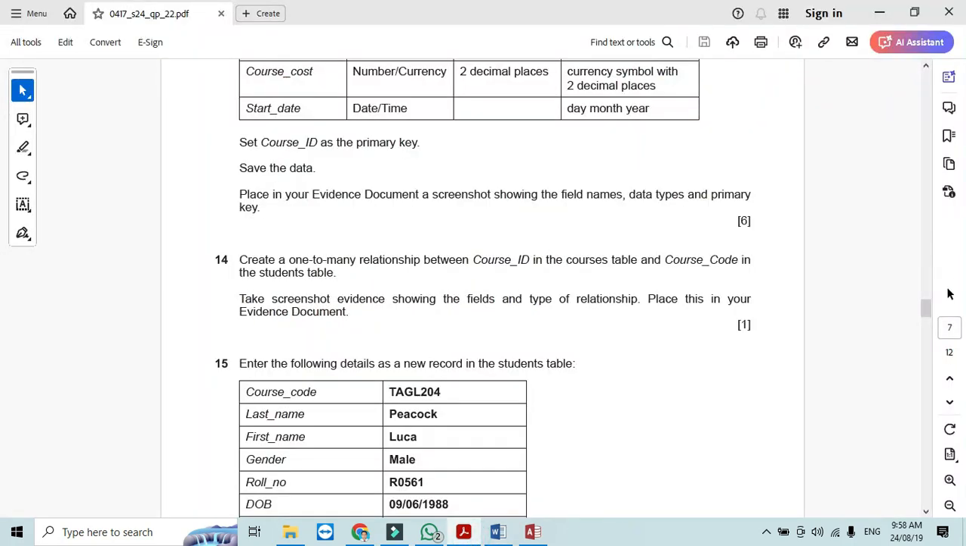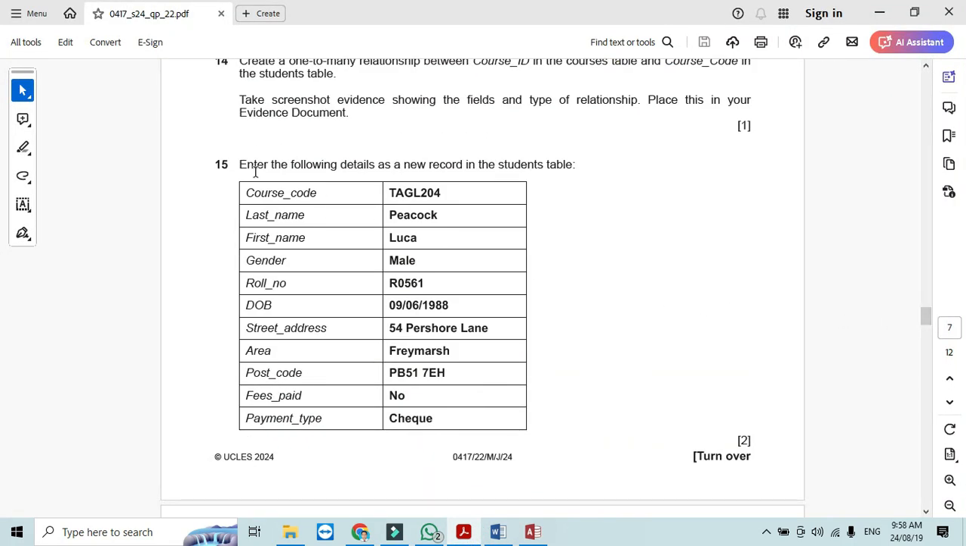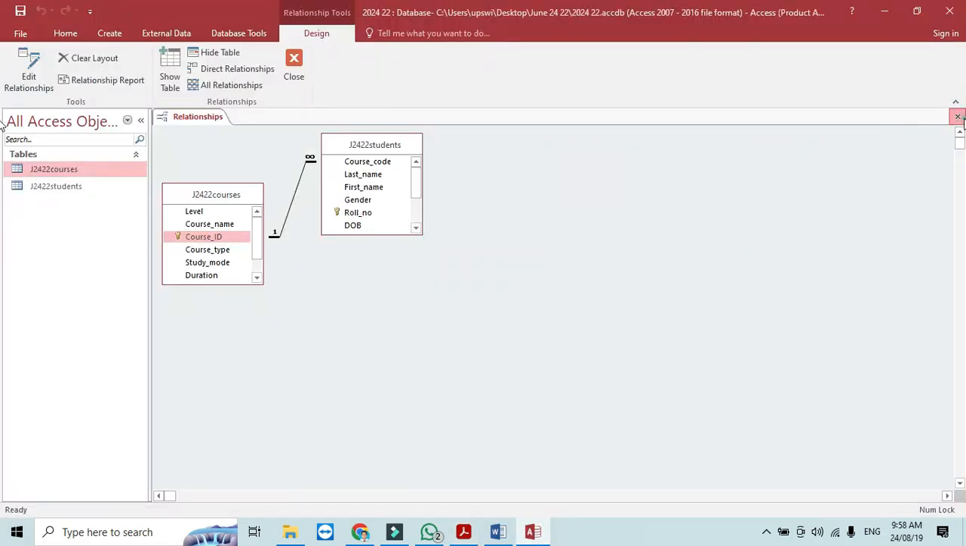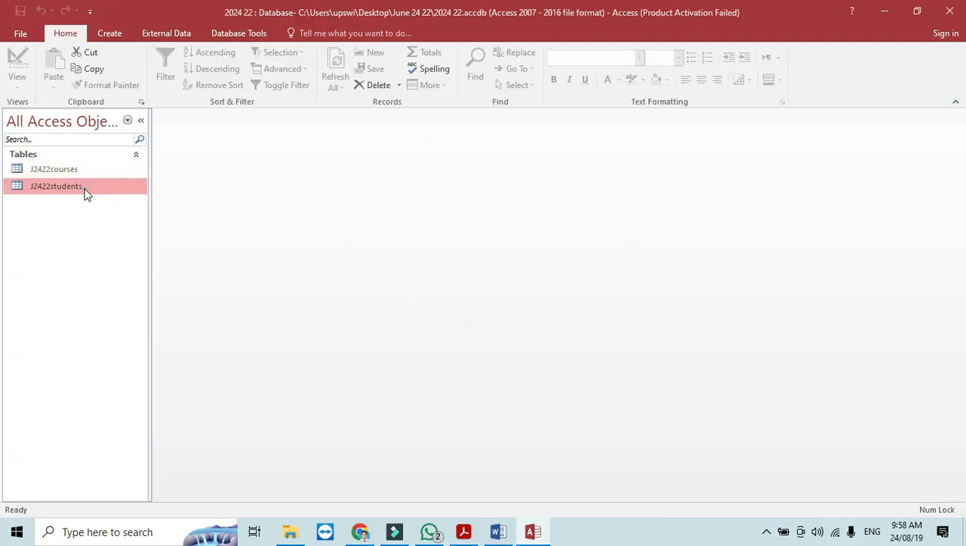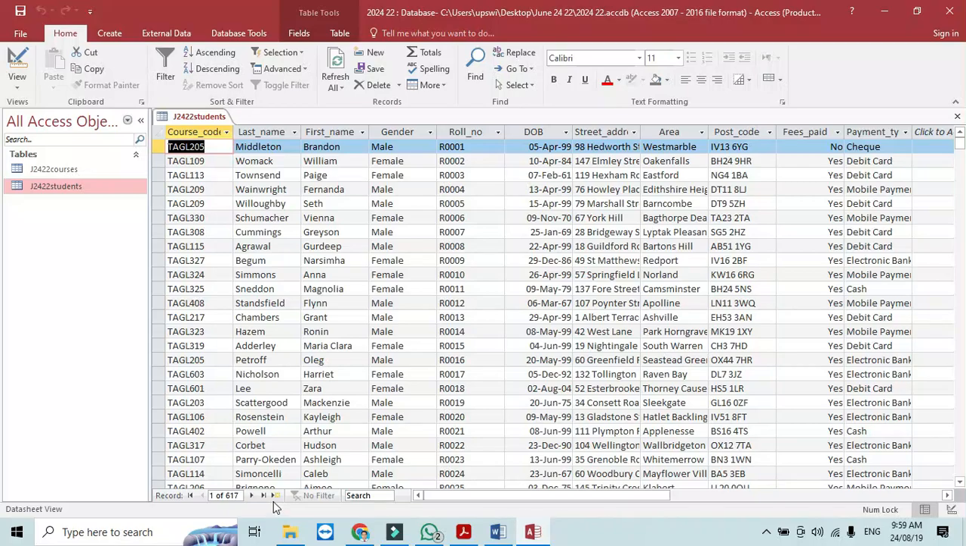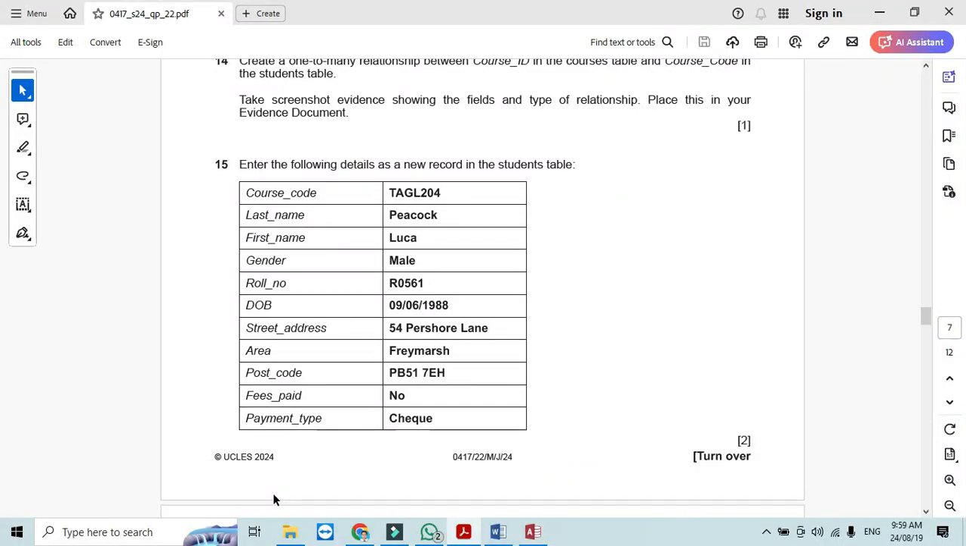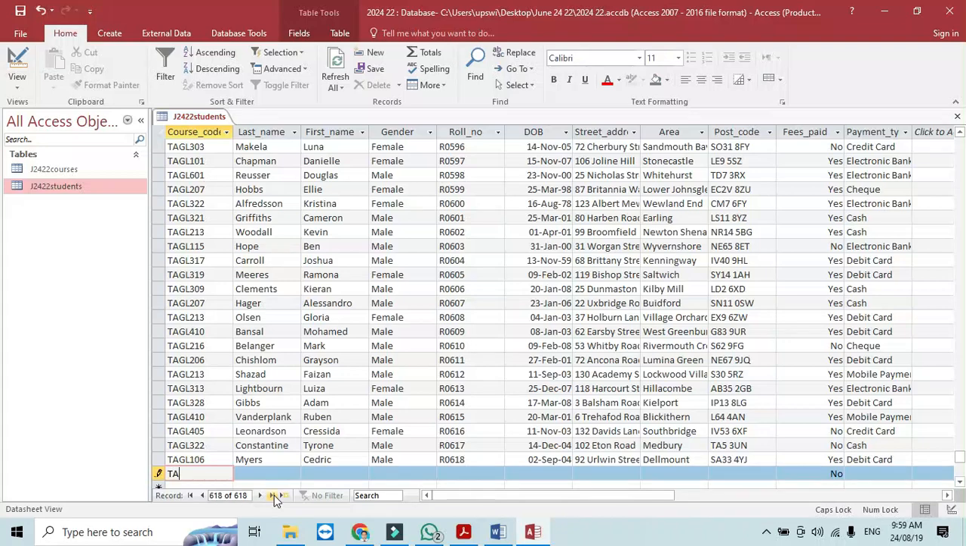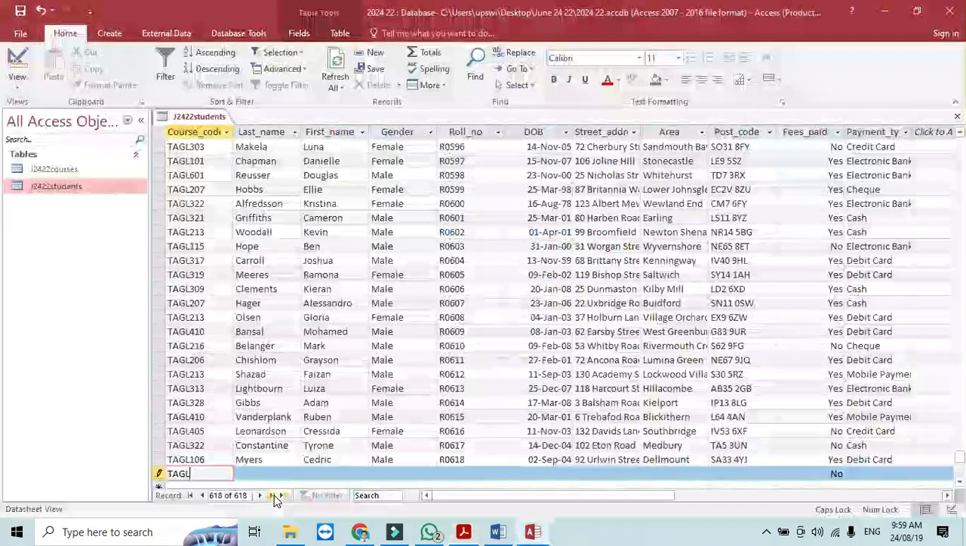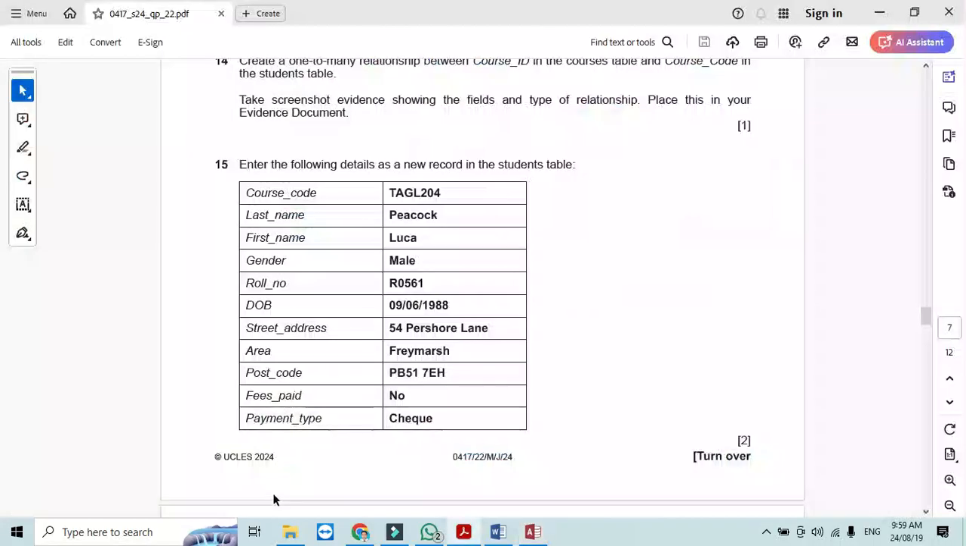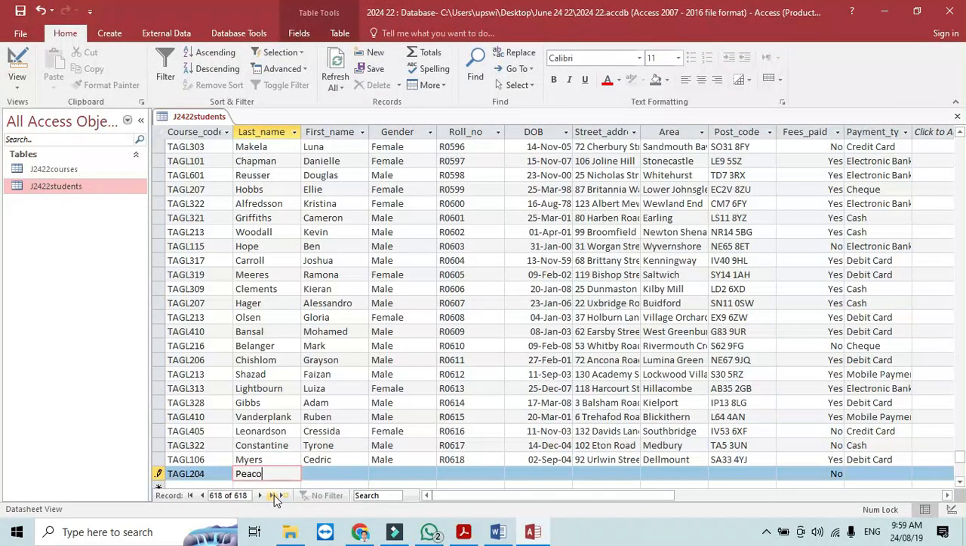Now what you need to do is enter the following details as a new record in the students table. So close this one, yes, open the students table and then click on new record and add the data. It is saying TAGL 204, then Peacock, then it is Luxa, and then it is male, and this is RO561,